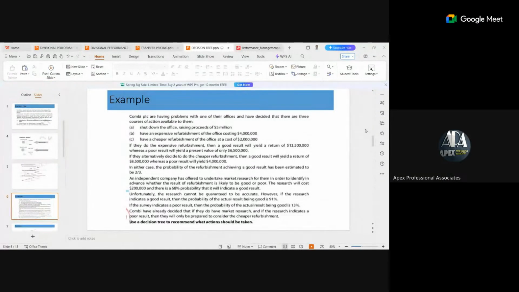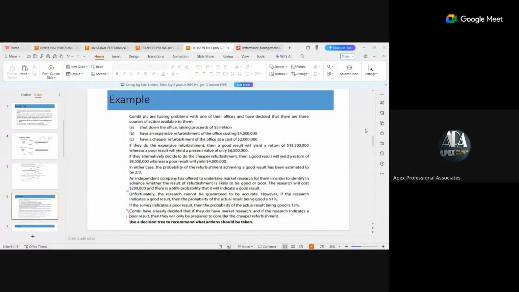It means if the outcome of the market research is bad, we don't need to consider expensive refurbishment. We'll only make a decision on cheap or shut down. Take note of this, so that when I present the solution, you understand how the three have been drawn. So when the result is bad,